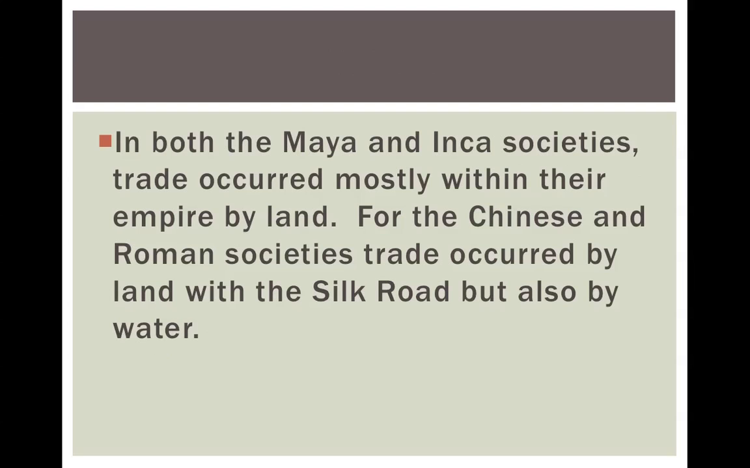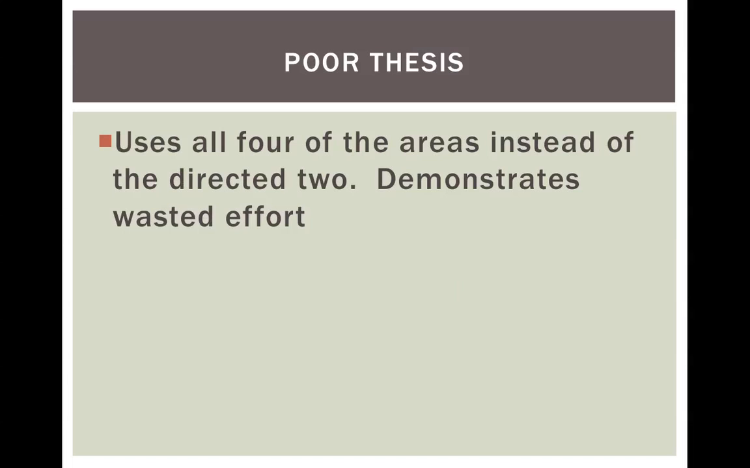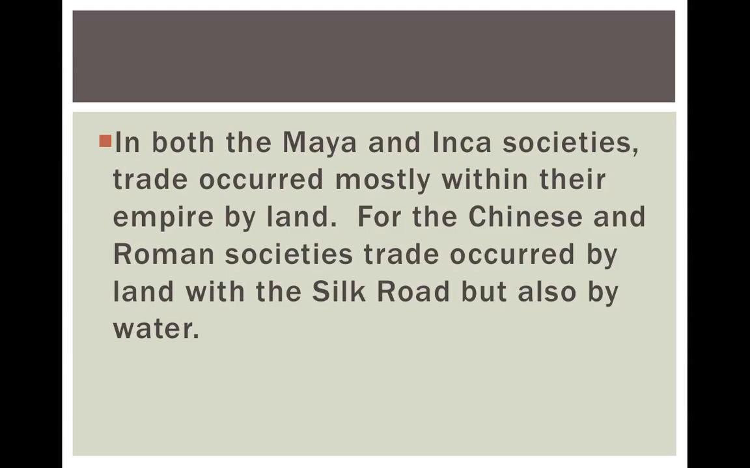2 more. In both the Mayan and the Inca societies, trade occurred mostly within their empire by land. For the Chinese and Roman societies, trade occurred by land with the Silk Road, but also by water. This is a poor thesis. It uses all 4 of the areas instead of just 2. So it talks about 4 different empires and societies rather than just 2 like it asked you. So it doesn't answer the prompt. And it's hard to stay focused like this because now it's all over the place rather than just focusing on